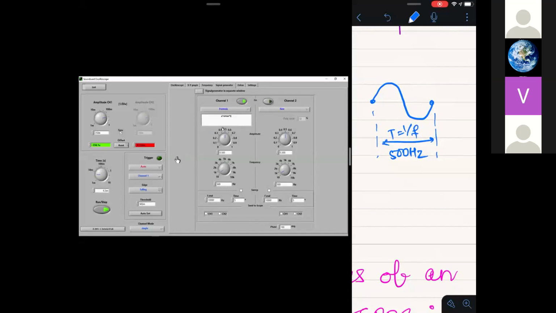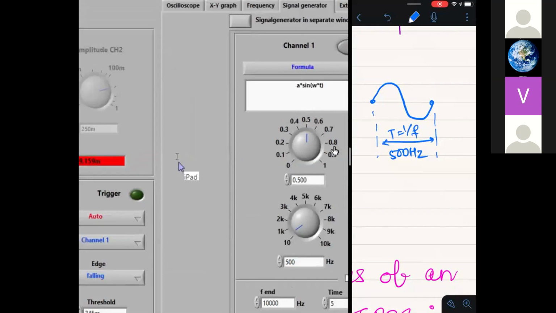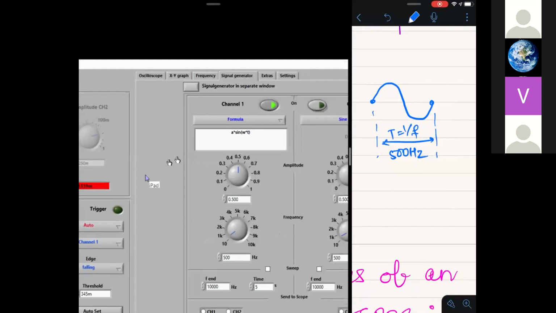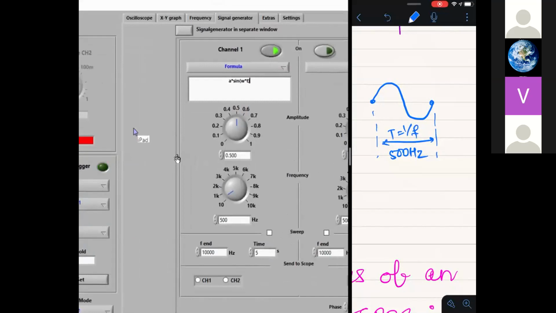When we go to formula, you will see a formula written over here. Here a sine omega t is written, so it generates a waveform from this formula.